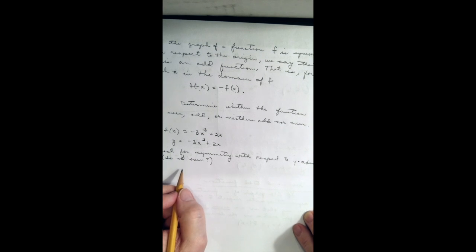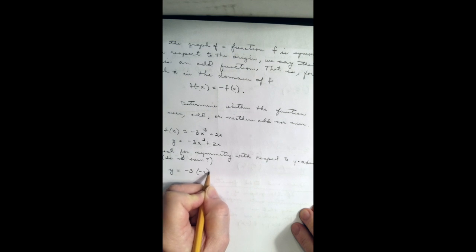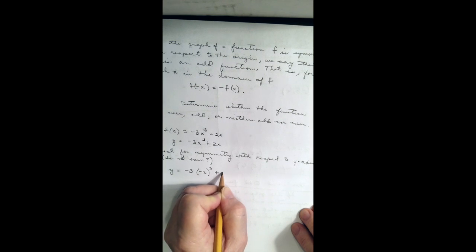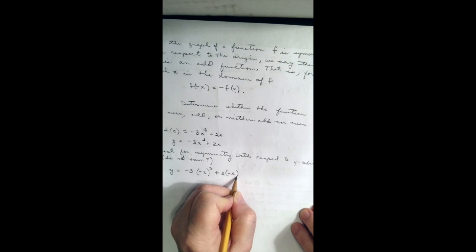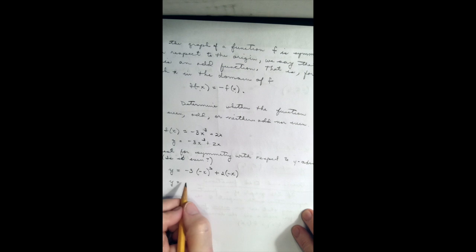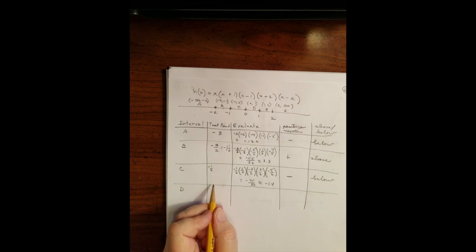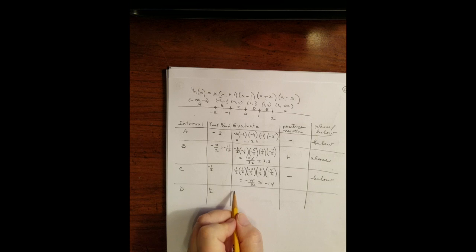And so we'll substitute negative x for x, so we'll have y equals negative 3 times negative x cubed plus 2 times negative x. And let's simplify this. So if we cube negative x, we get a negative x cubed times negative 3 is 3x cubed,